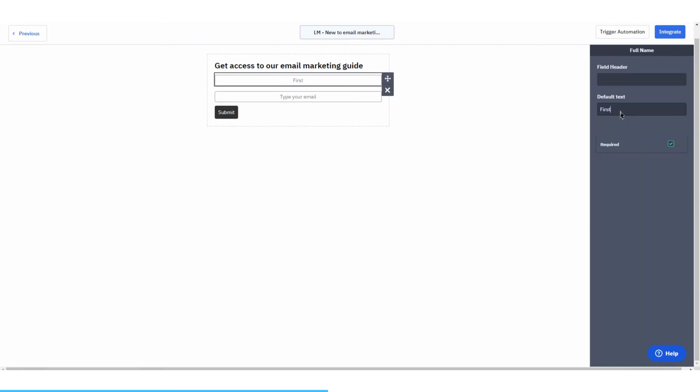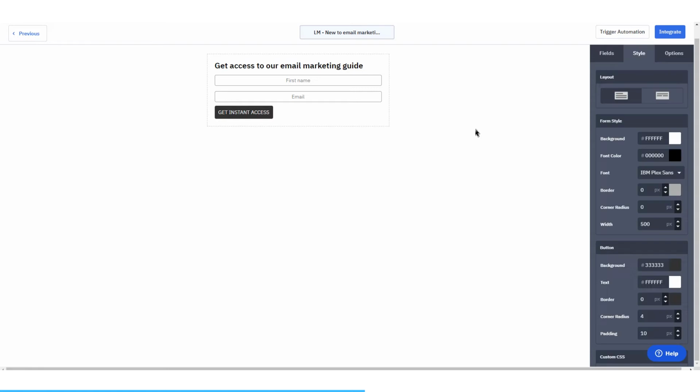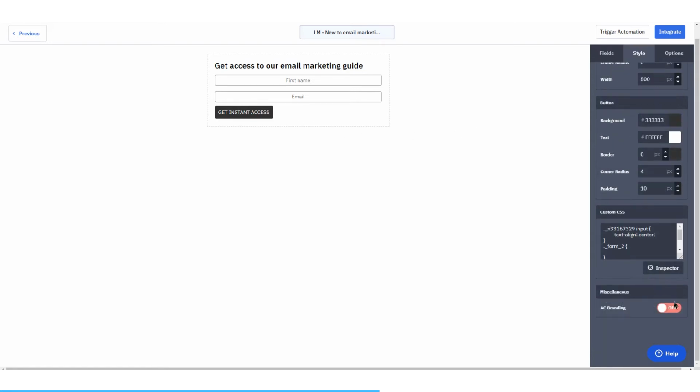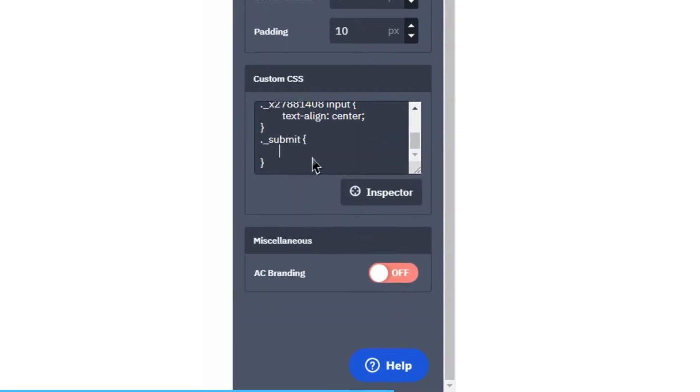Next, we're going to style the button. First, it is better to change the text to something like Get Instant Access rather than Submit. And we want to make the width of the Submit button the same as the form fields above. Unfortunately, we will need to use CSS again. So click on the inspector and click on the form button. And type in width: 100%;